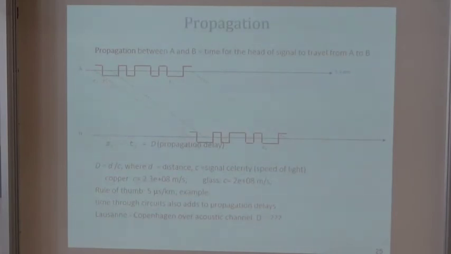Another thing is propagation. This is another space-time diagram where now time is horizontal. We see that if I transmit a signal on the cable, for example, or in the air, this signal doesn't propagate instantly, but it propagates at the speed of light, or radio waves, which is the same for all waves. It's not the same speed in all materials. In open air or in a vacuum, it's 3 times 10 to the 8. In glass, it's much less. In copper, it's also less. And as a rule of thumb, it's 5 microseconds per kilometer.